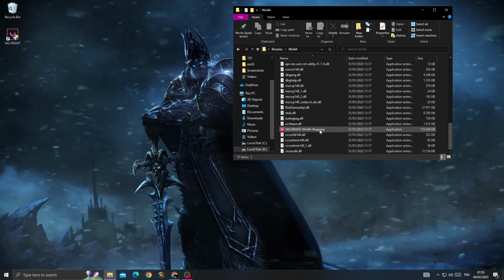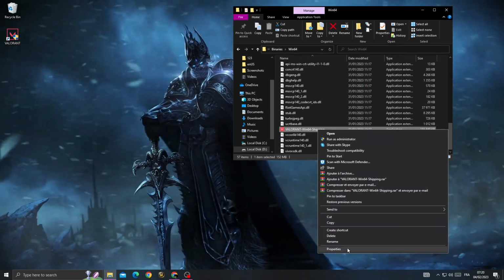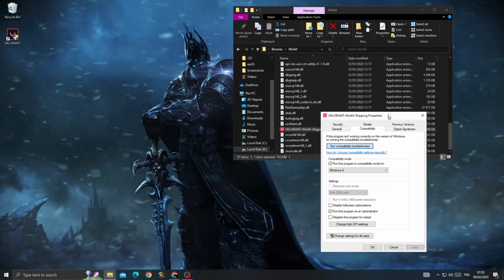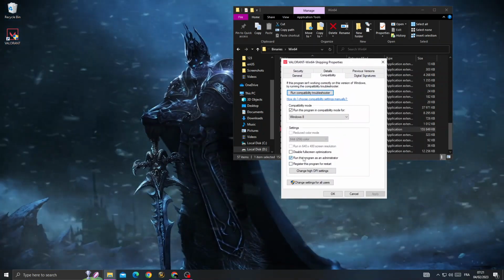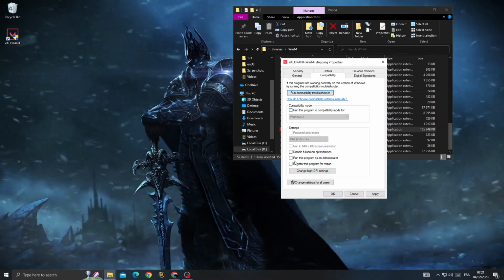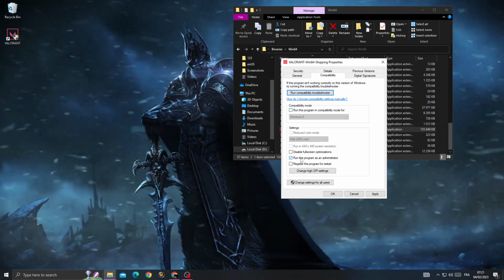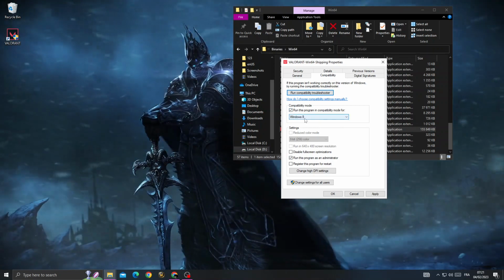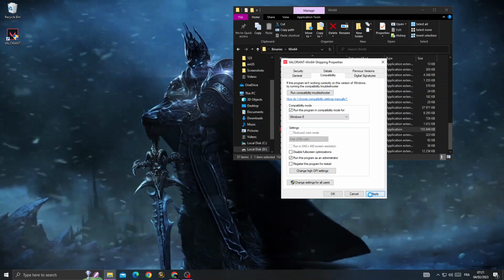you find here Valorant. Right click on it and click Properties, Compatibility mode, and here it is. You will find it like that. Enable Run this program as an administrator, and then run this program in compatibility mode for Windows 8, Apply and